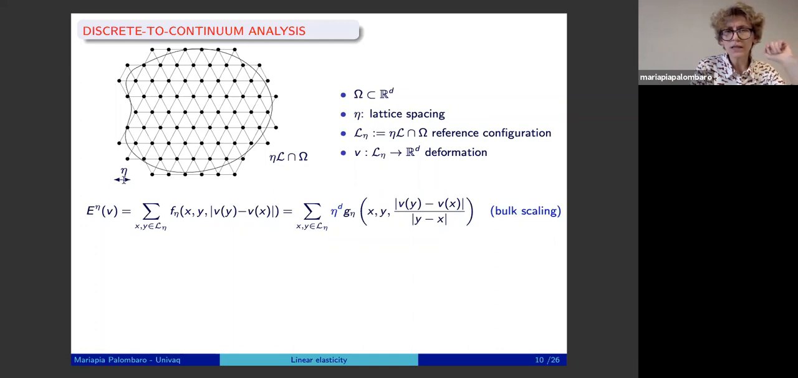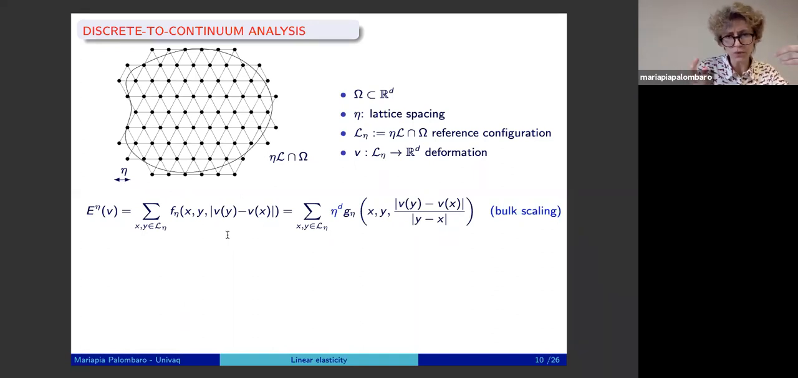So eta is the atomic distance, interatomic distance. Assume that the energy, the discrete energy, is a pairwise energy of this form. So it's the sum over all interacting pairs of energies that depend on the distance of the atoms in the deformed configuration. So V is the discrete deformation and is defined on each atom. And for the moment, think of these pairwise interactions where the energy depends only on the distance between the atoms